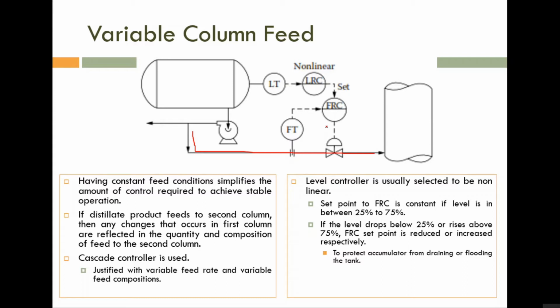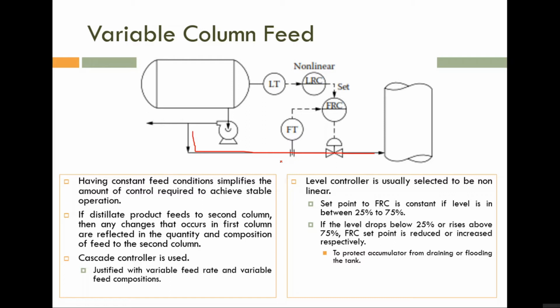Okay, so here we are using only one final control element, but we have two measurements. Is it okay? So for that purpose, a cascade controller is used, but please note, this is not used to reduce the disturbance. It is used to maintain the level inside the first accumulator constant and the feed flow rate of the second distillation tower constant. Okay, so please note that. But we are using the concept of the cascade controller.